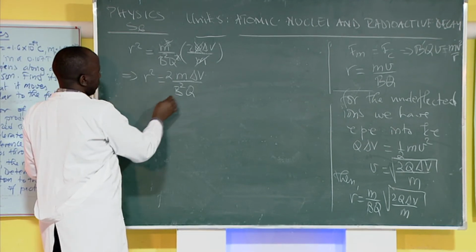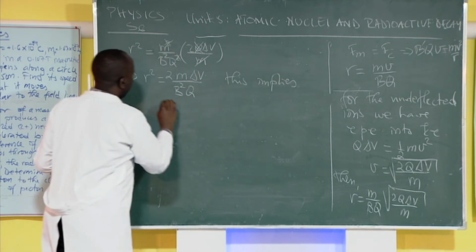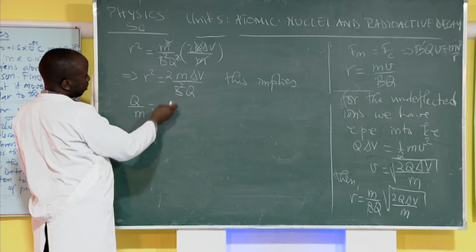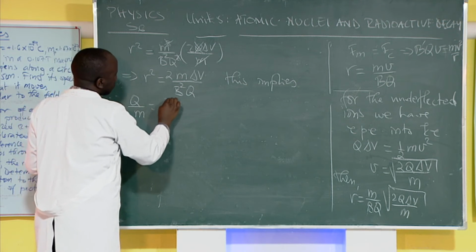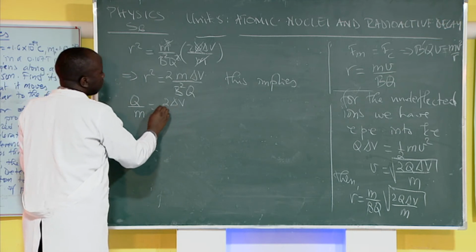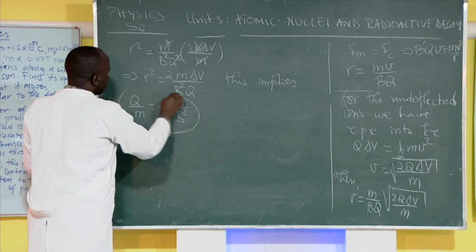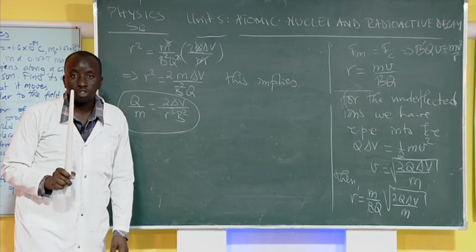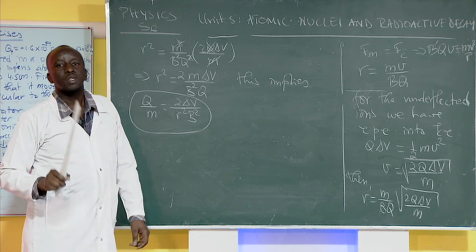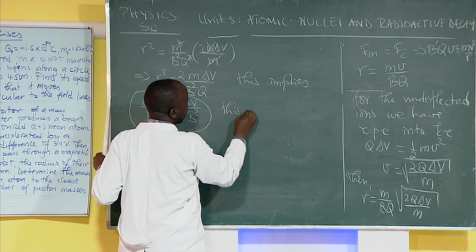So this implies that Q over the mass, from this expression, will now be equal to 2 times the change in the potential, just the potential difference, over the radius squared times B squared. Now, students, I hope this expression that we came to find is really very important. Because this expression is what we call the